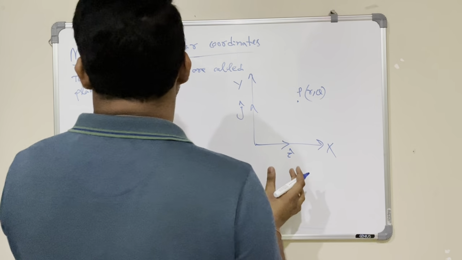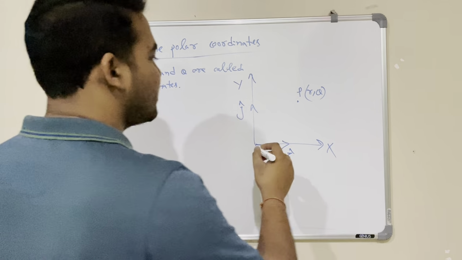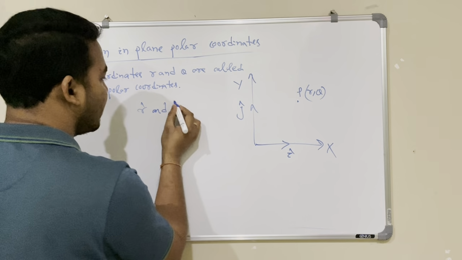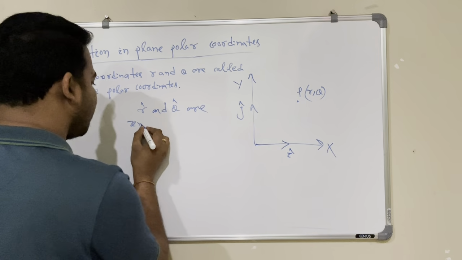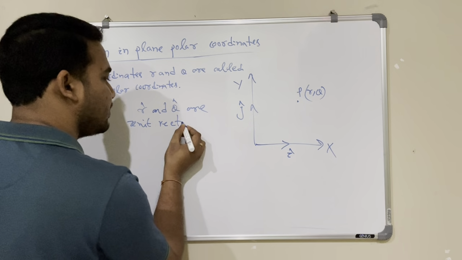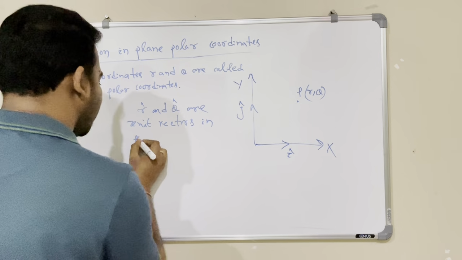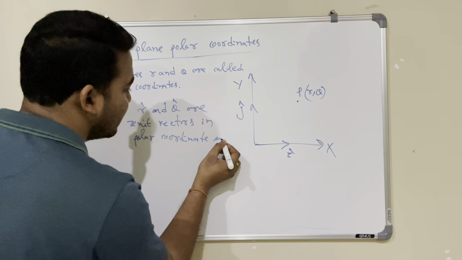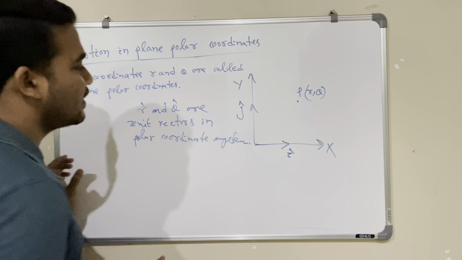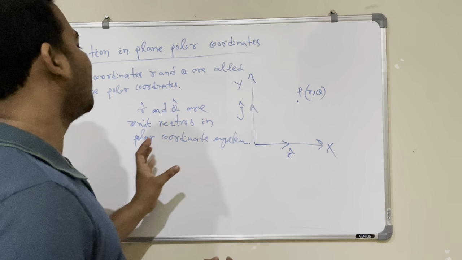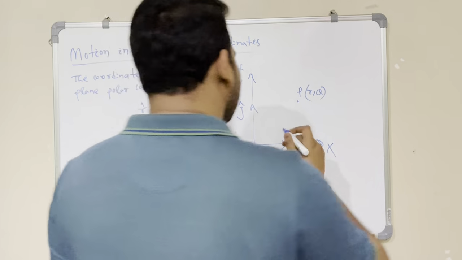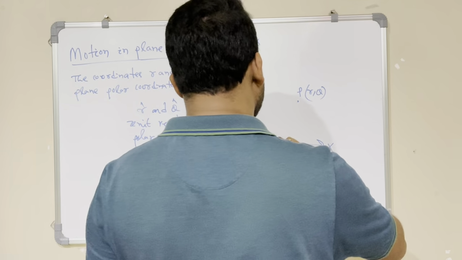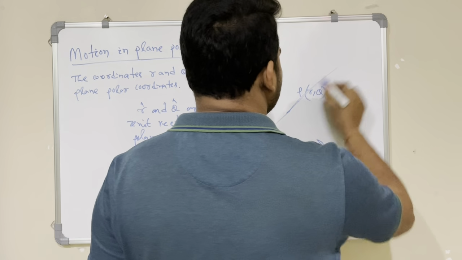use the unit vectors in polar coordinates, those are r cap and theta cap. r cap and theta cap are the unit vectors in the polar coordinate system. So r cap will point in the direction of increasing r, and theta cap will point in the direction of increasing theta. Let's say this is the